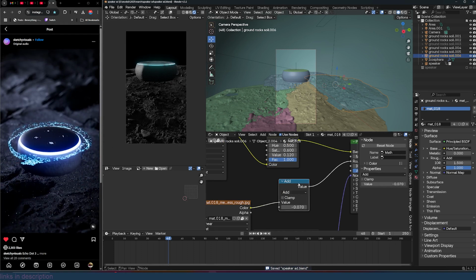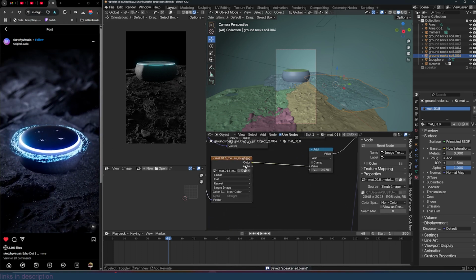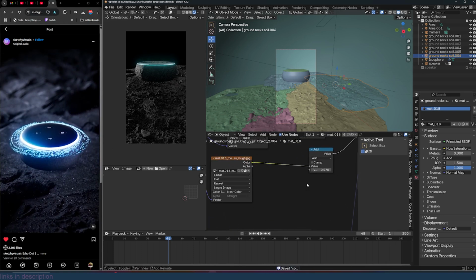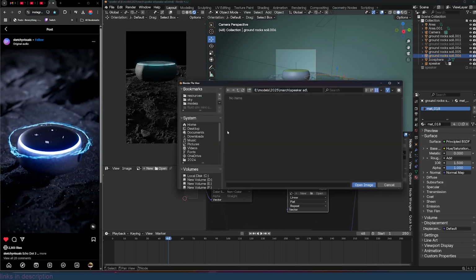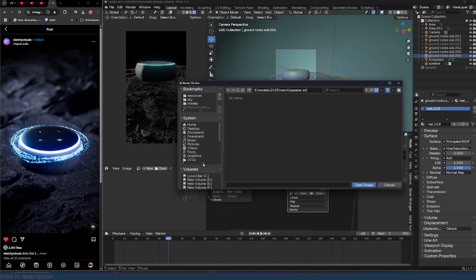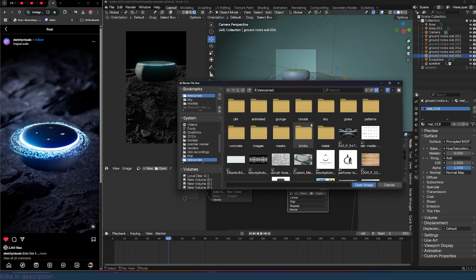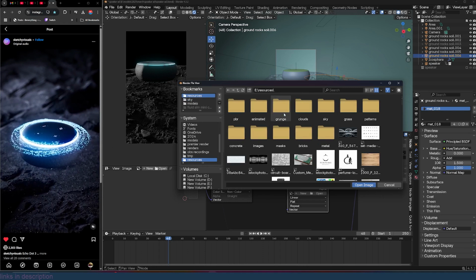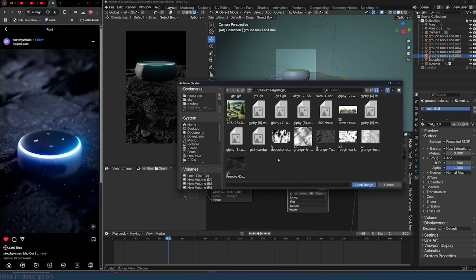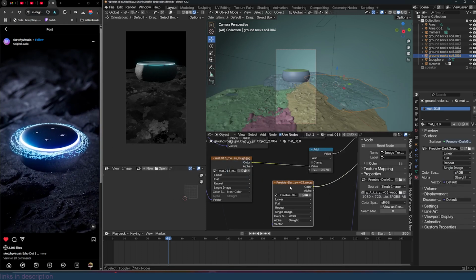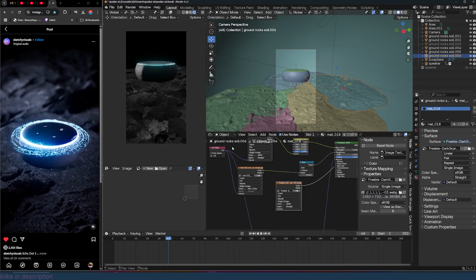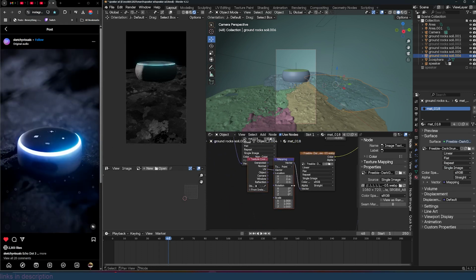I'm going to bring some grunge map, so let me come in here, let me add an image texture and just grab a grunge map from my resources. Grunge, maybe I'll use something like this. Let me use Ctrl T